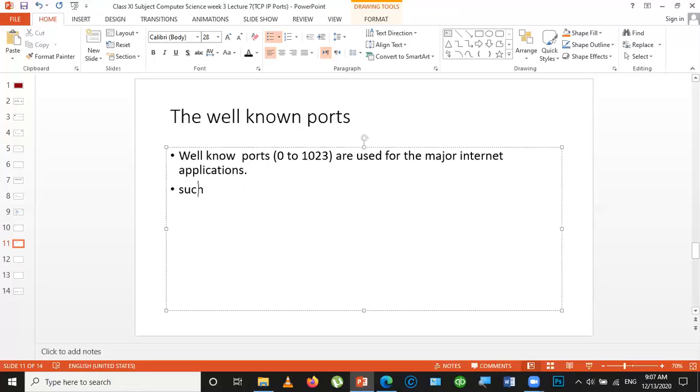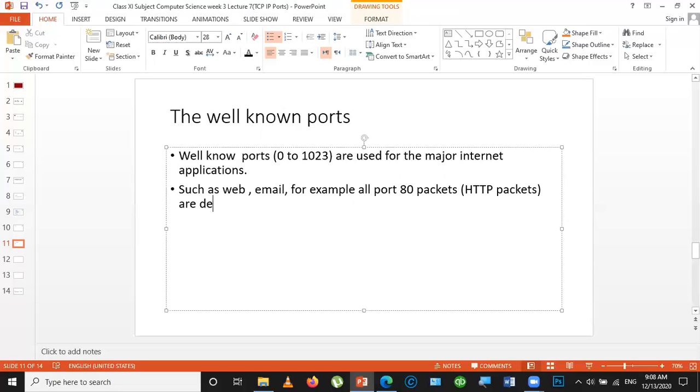Such as, for example, web and email. We use web services, email services. For example, all port 80 packets are HTTP packets. HTTP packets are delivered to and processed by web browsers,